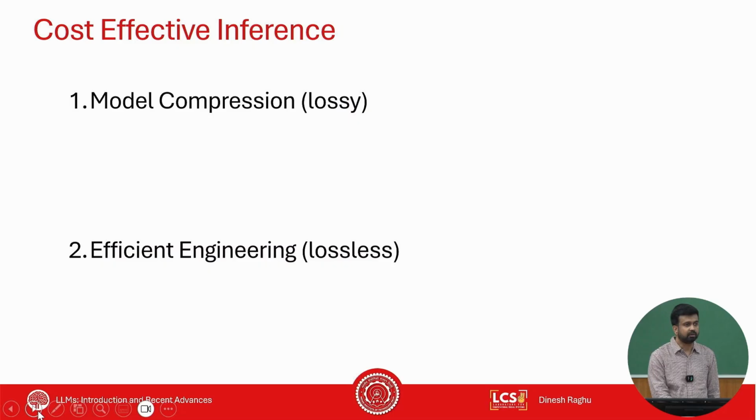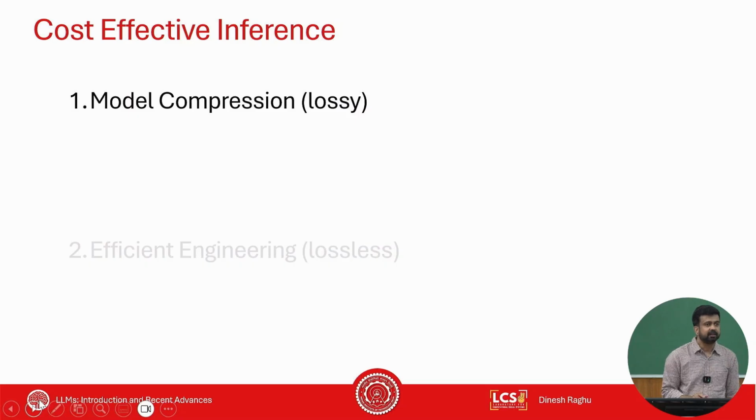Now there is also hardware that specifically supports certain operations out of the box. And people who do this efficient engineering, when they fuse kernels, also make effective use of the information provided in the data sheet about how to leverage those operations and make it more efficient. The efficient engineering part, Yatin will be covering in the next lecture.